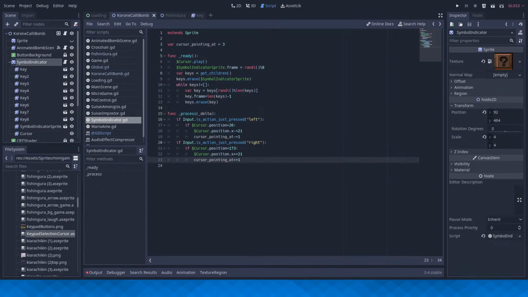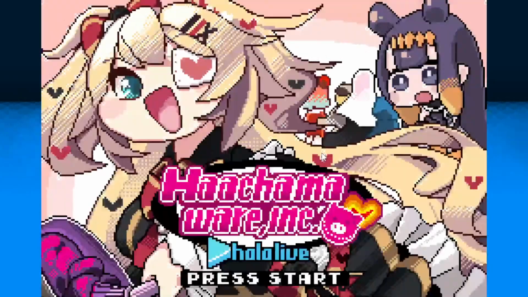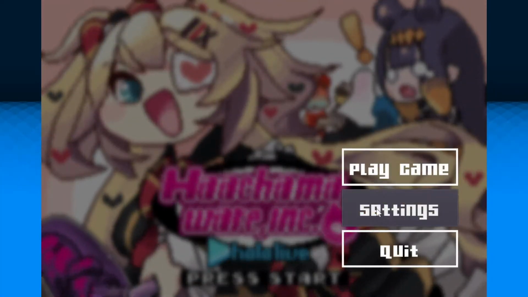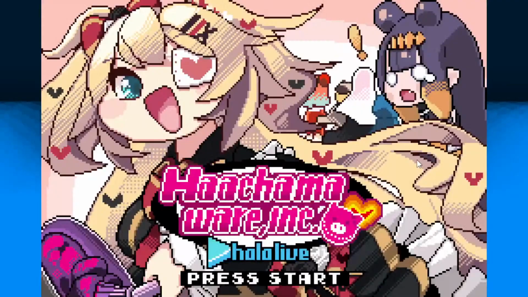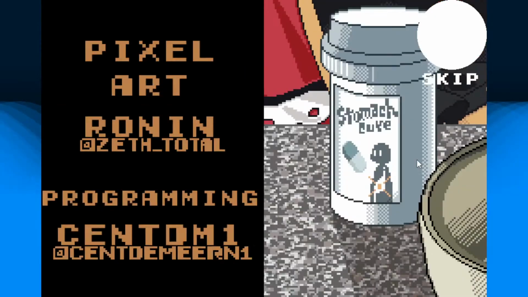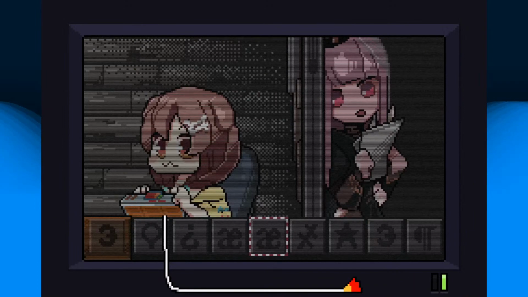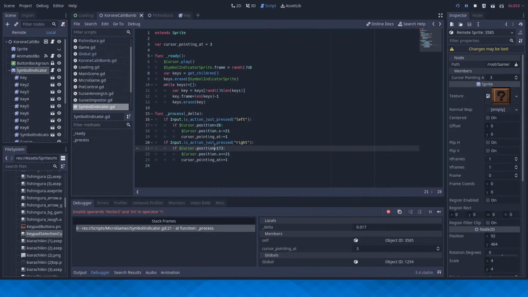Let's stop the music, let's transition, and let's try it out. I should go eat something. Alright. Oh, we have an error. Vector 2 and... Oh. Position not X. Right. We have an error.